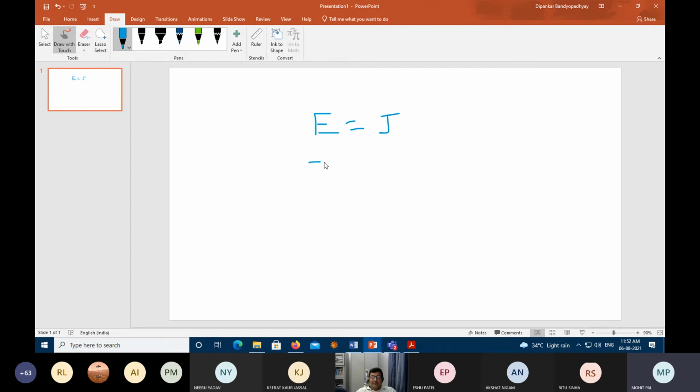When I'm talking about the gradient of energy, I'm just putting this delta symbol. You just think of this as dE by dx, put in three-dimensional terms. Then what is my unit? J by meter. J is equal to force into displacement. So when you have energy, the gradient of energy originates the definition of force.